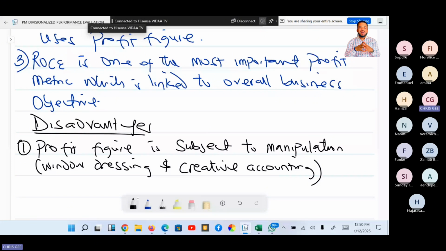So when you talk of window dressing, something is bad. You want to make it look good. You want somebody standing at the window to look at the room and see that it is so fine. You put blue light, you sweep all the dirt under the carpet, because the person is not entering inside. It's from the window. When you go to a boutique, what kind of light do you put there? Why don't they put this kind of light in the boutique? They put all those white lights just to make you buy a faded shirt. Under that light, you're looking so fine. But when you talk of creative accounting,